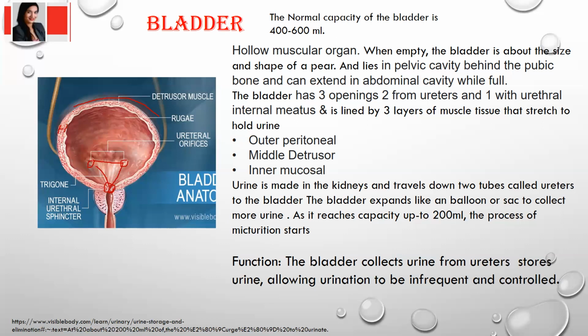And we don't have stretch receptors at this trigone of the bladder. So because there are no stretch receptors, whenever urine or any liquid stays in this part, the sensation will not be transferred to the brain, because those kinds of nerves are not there